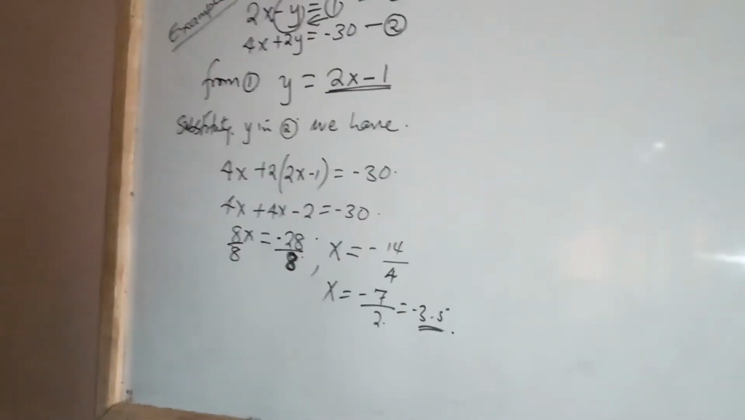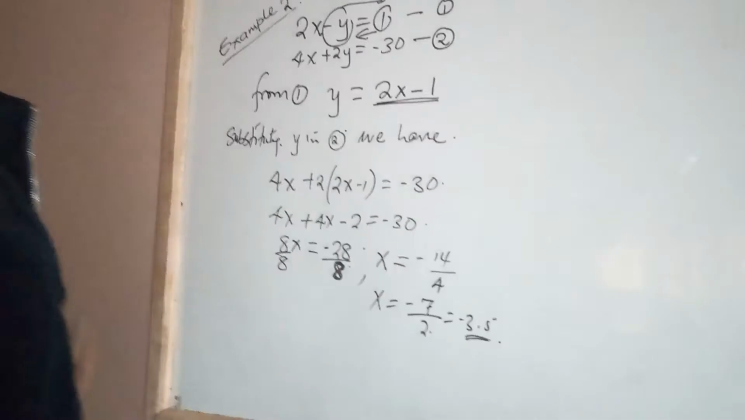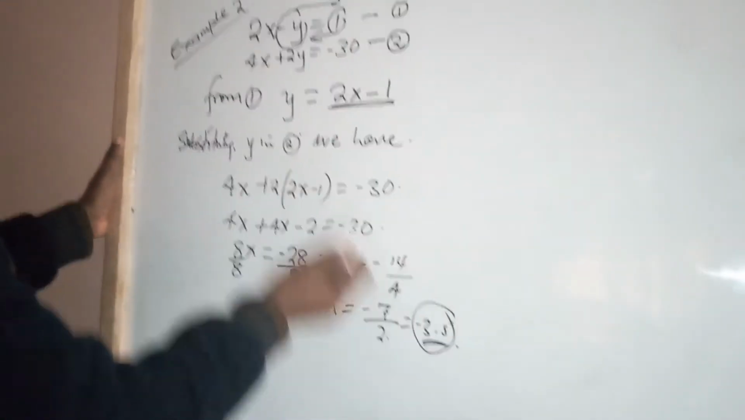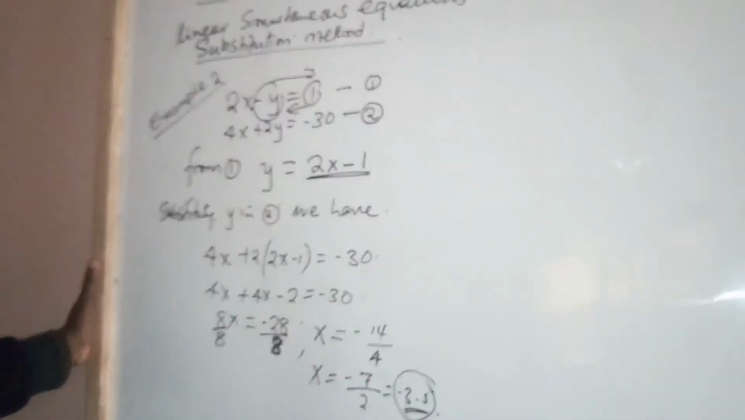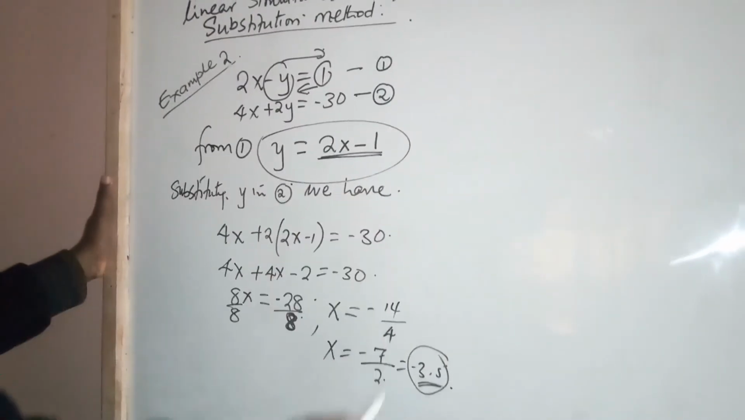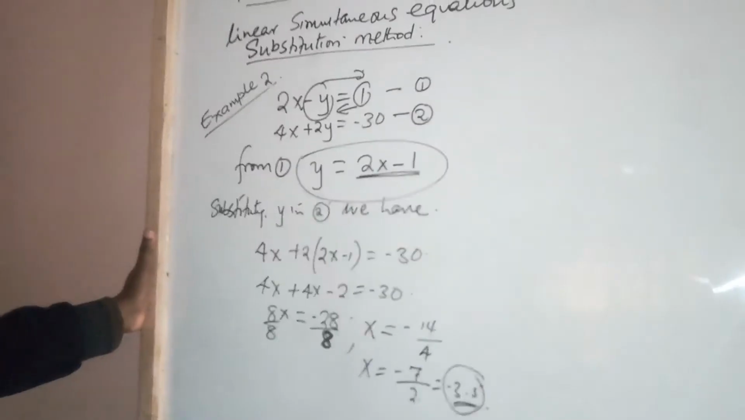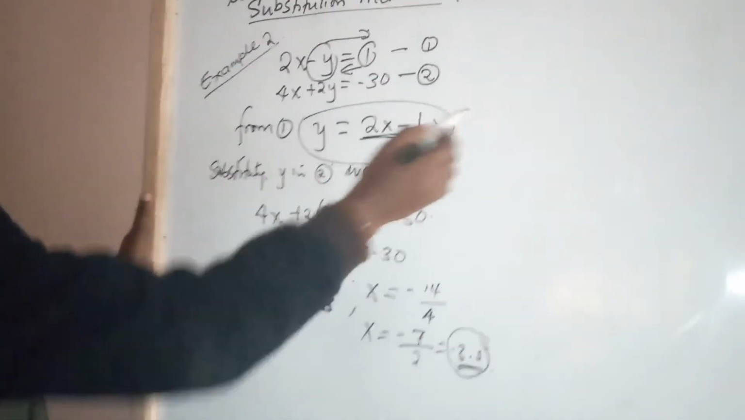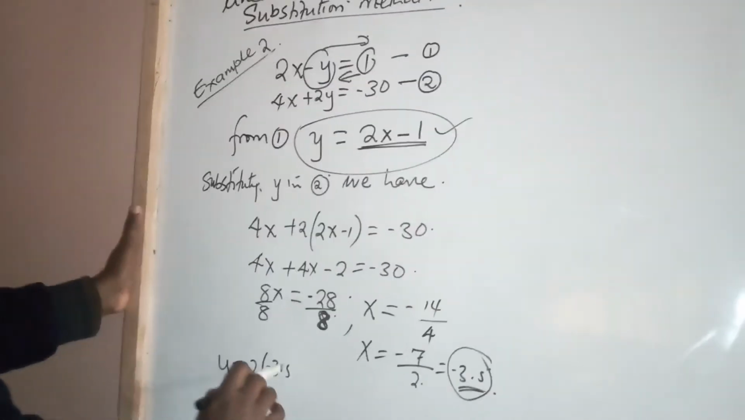Having done that, we have found our value of x, which is negative 3.5. We now need to substitute this value in any of the equations to find our y. Let's just substitute it in this equation that we already found. You can substitute here or anywhere, depending on how easy it is to make y the subject of the problem. Substituting in this one, we find y is equal to 2 times minus 3.5